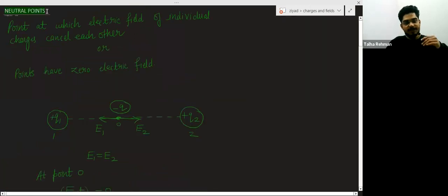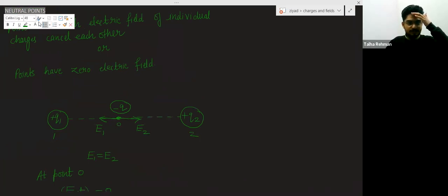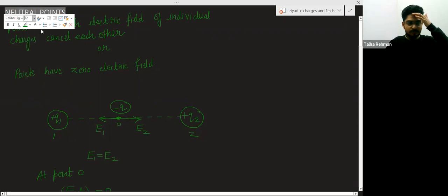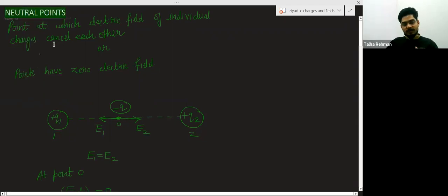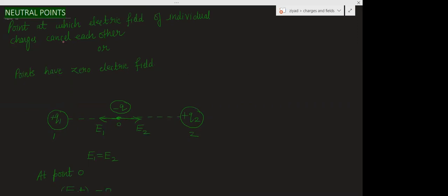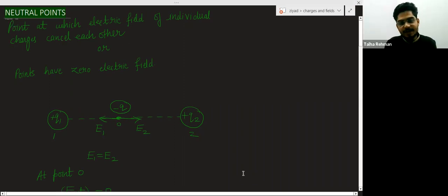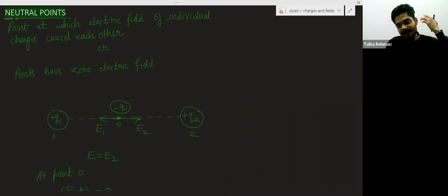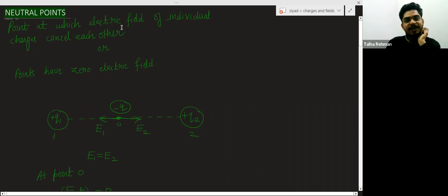Now neutral points. What is the meaning of neutral points in this chapter? Neutral points are where there is zero electric field, where the net electric field is equal to 0 due to any 2, 3, 4, 5, 6, 7, 8, 9 charges. The point at which the electric fields of individual charges cancel each other. Points of zero electric field. A neutral point means a point having zero electric field. For example,